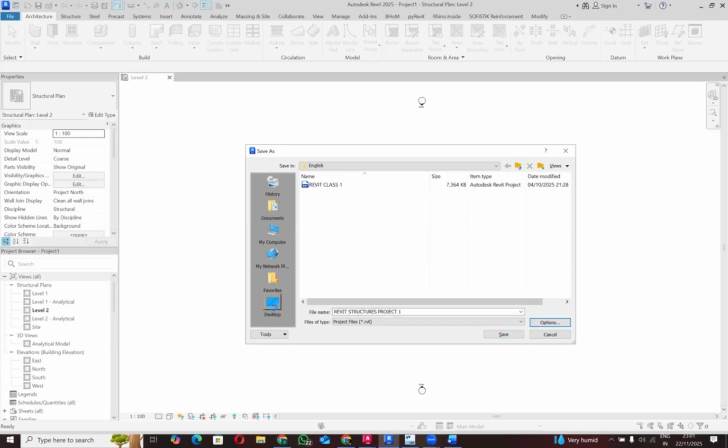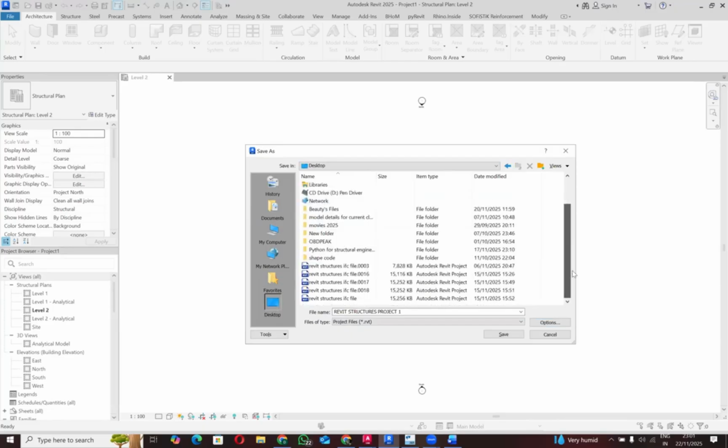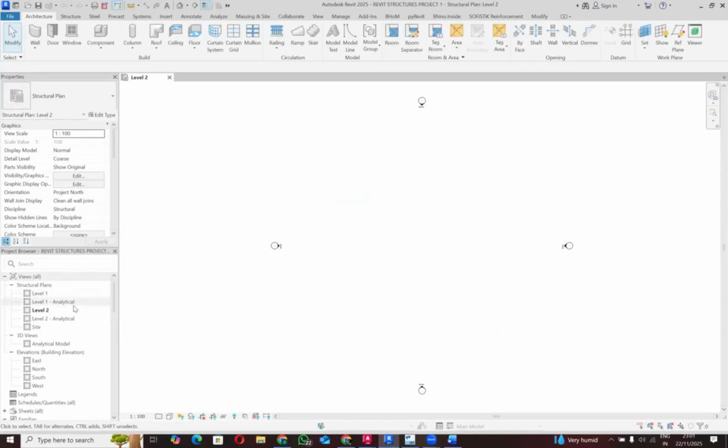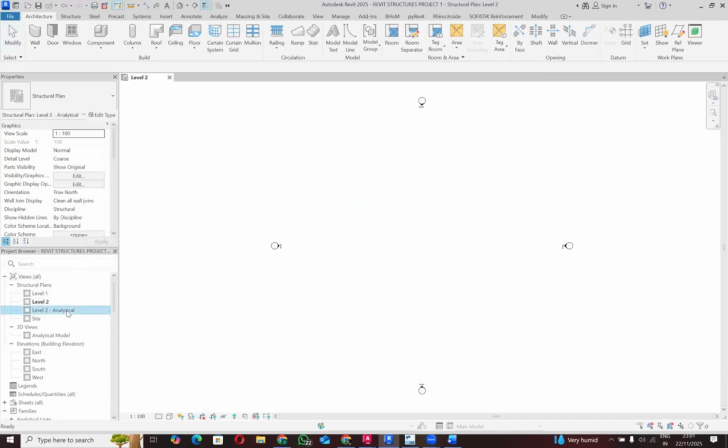So where do you want to save this document at? You want to save it somewhere that we know exactly where it's going to go. So let's save it on desktop. Okay, so our Revit file has successfully been saved. So what I do most of the times, I don't work with the analytical, so I delete those analytical views out of my model. You're not also working on sites, but you can leave that or you can also delete it depending